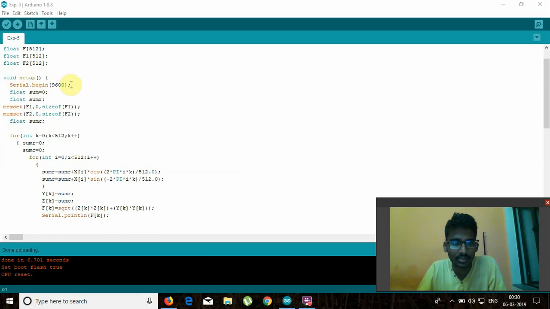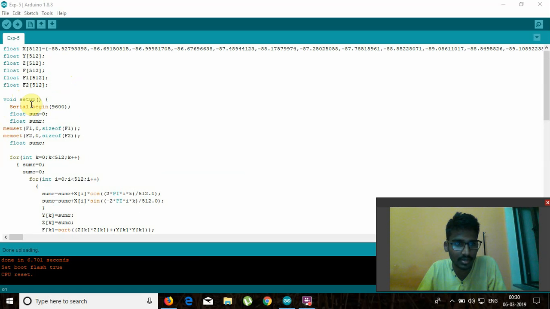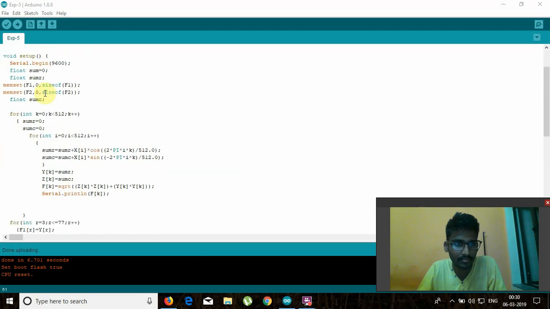Firstly, we begin the serial communication at a baud rate of 9600. Then we initialize all the sum values as 0, and then we initialize these two arrays with 0 values. Now we iterate through the array, and then we calculate the sum, and we calculate the DFT using the formula